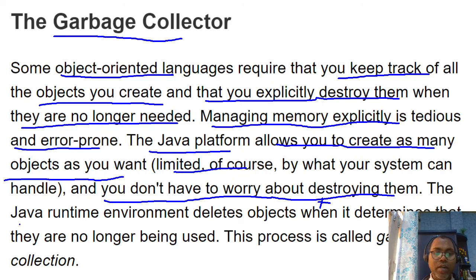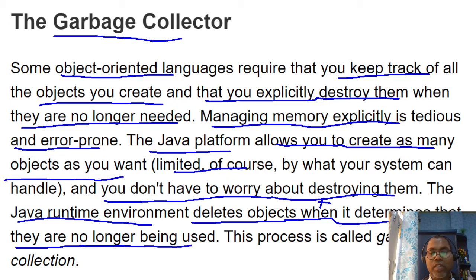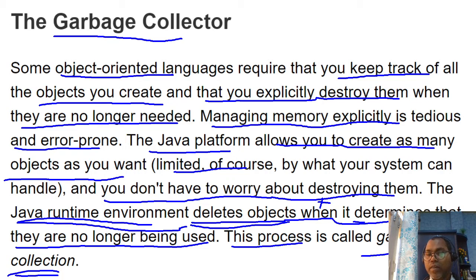The Java runtime environment, the JVM, deletes an object when it determines that it is no longer being used. This process is known as garbage collection. So the JVM deletes all the objects when it determines that they are no longer being used, meaning a particular object is not referred to by any other reference variable.